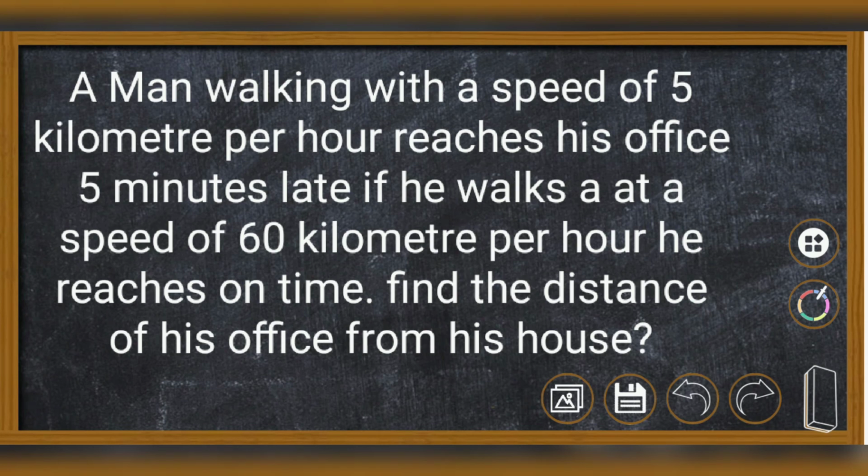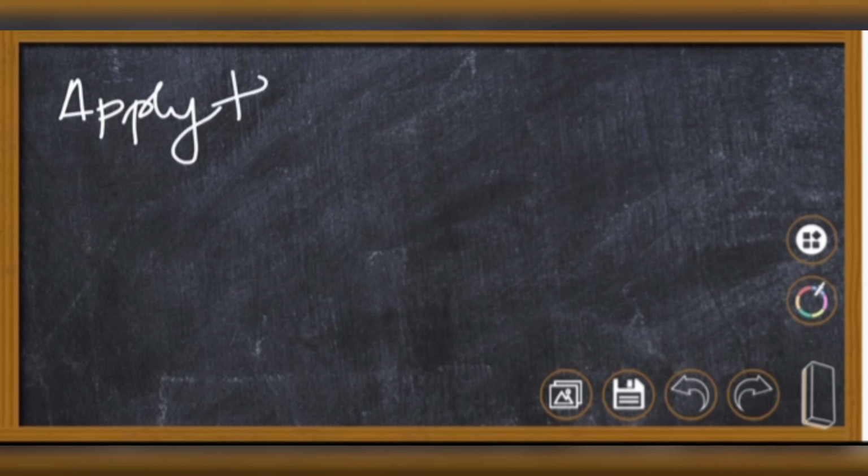A man walking at the speed of 5 km per hour reaches his target 5 minutes late. If he walks at a speed of 6 km per hour, he reaches on time. Find the distance of his target from his house. Okay, this is a question. In the given question, the two speeds S1 and S2 are given and times are given. 5 minutes late and he is on time at the second speed. So applying the formula,